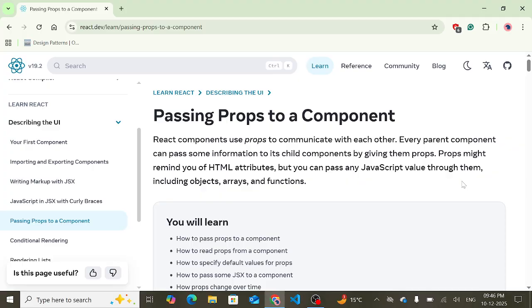Next is props. Props basically help pass data from one component to another component, but there are a few issues with props also. We'll get into that, but not issues, rather a few things you can maybe overuse and then get into some re-rendering issues. So the performance can take a sabbatical. So the first idea is that